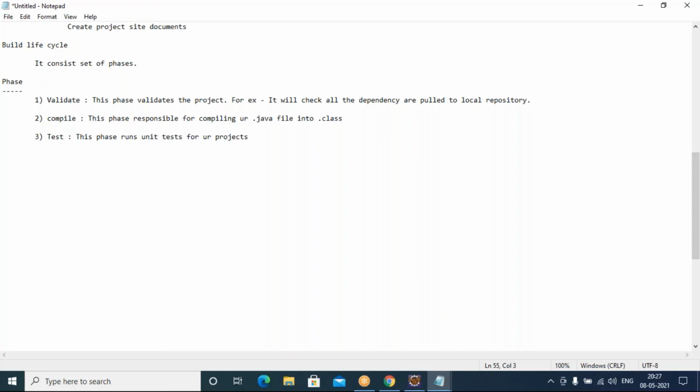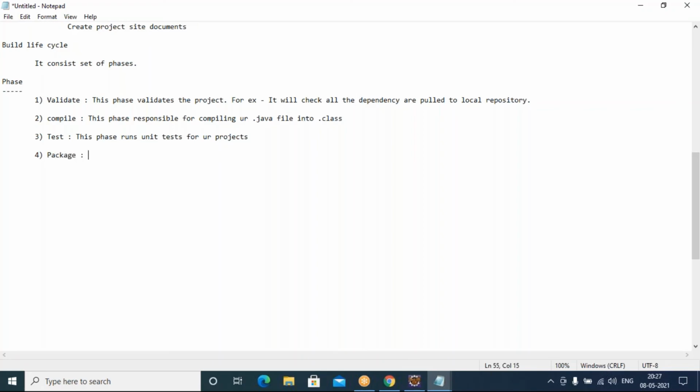The structure of Maven will give you source main, source main Java and source main test. Two folders will be given. Inside your source main test, all the tests you can define for your project. Those tests will be automatically run when this phase is called.